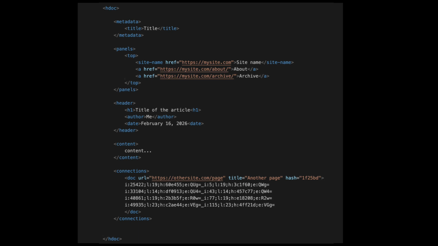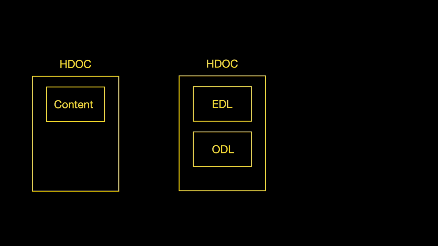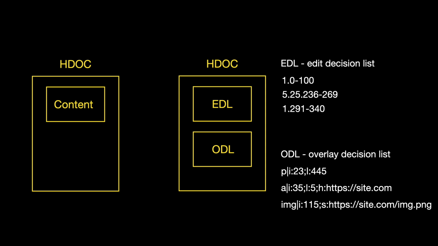Usually, an HDoc has a content section that contains HTML content. Let's show it in simplified form. What if, instead of a content section, it could sometimes have an EDL section? In the original Xanadocs, there was also a section called ODL, or Overlay Decision List. This is a list of ranges of elements used for formatting. You see, the content referenced by the EDL is just plain text. To create headers,